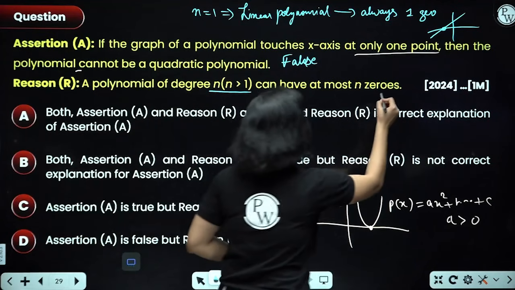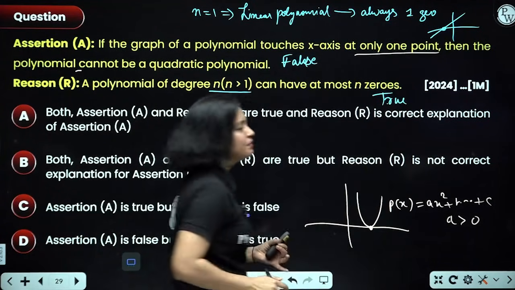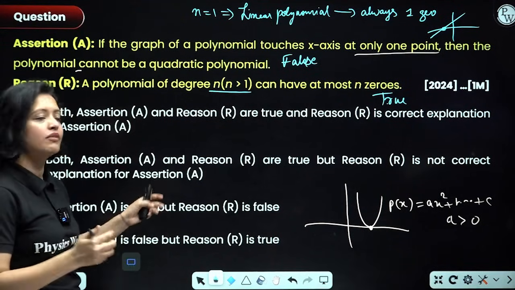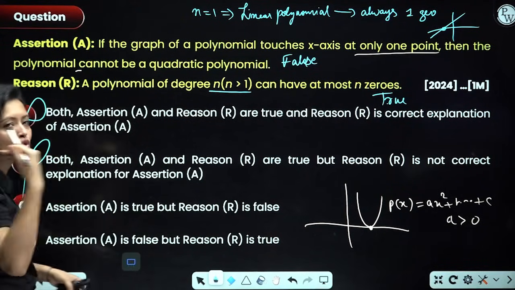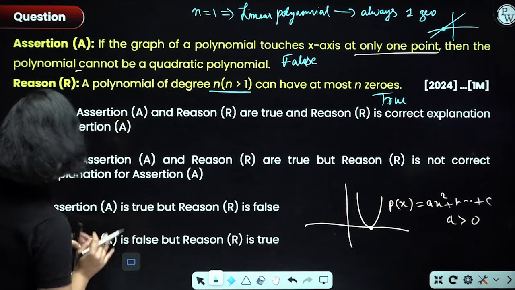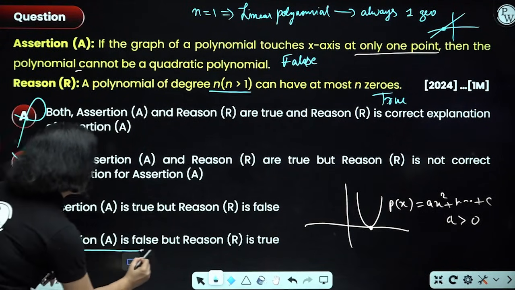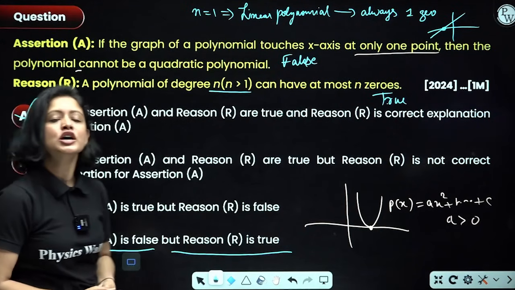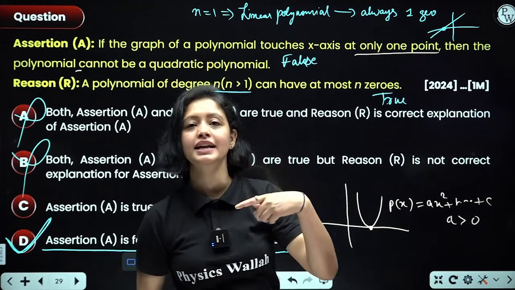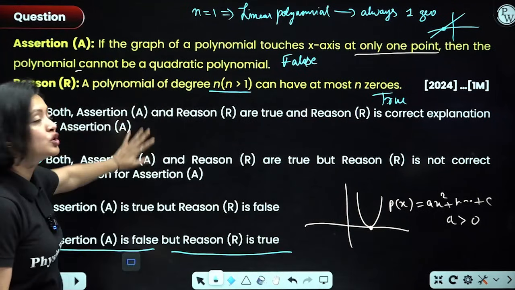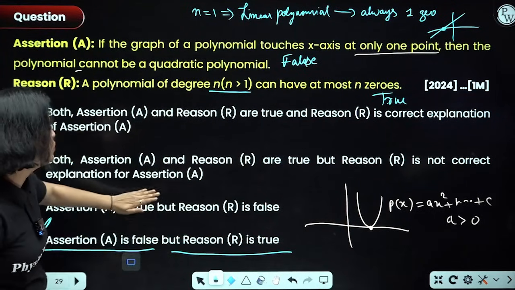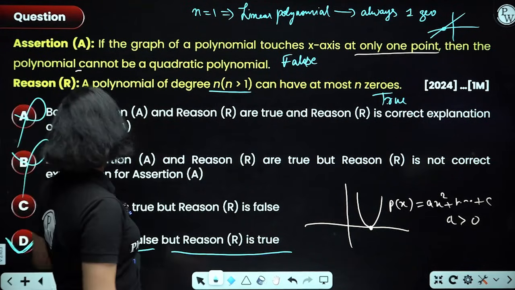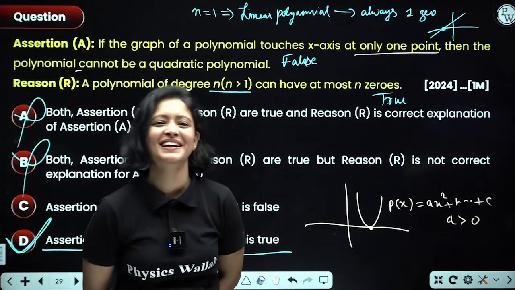And this is true. The second statement clearly is true. So that means assertion A is false, but reason R is true. And in the reasoning questions, the first two options are totally incorrect, clearly. This is the only thing that is true here. So whenever either one of the statements becomes false, then the first two options would never be correct. You will only have to check the last two options. Okay? Chalo. So yes, option number D is the correct answer, and everyone that gave the correct answer,